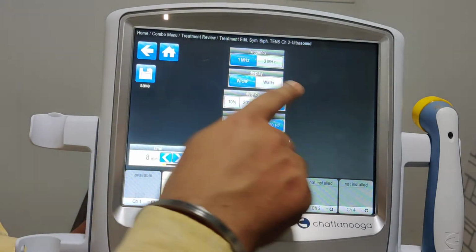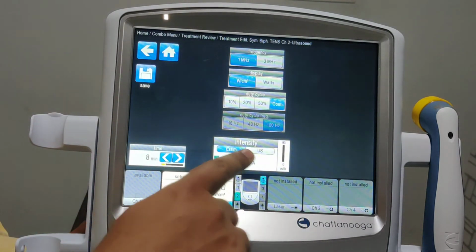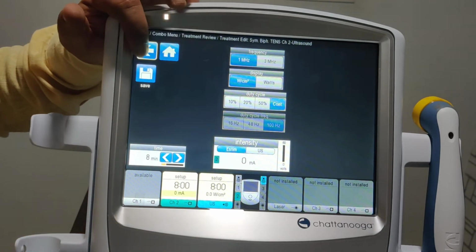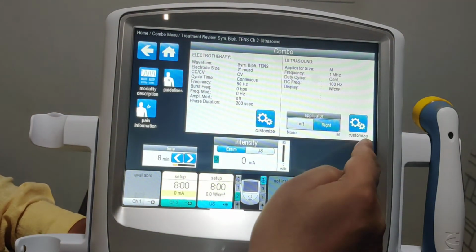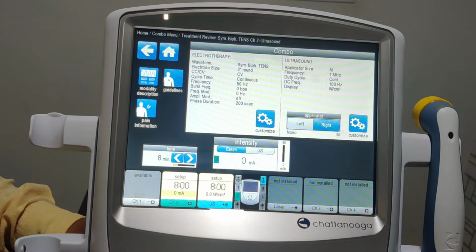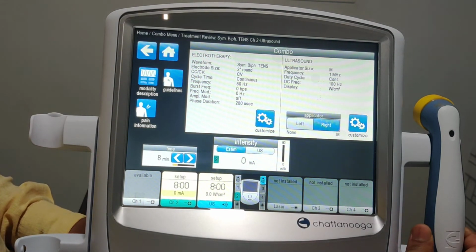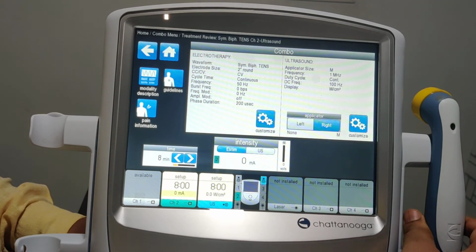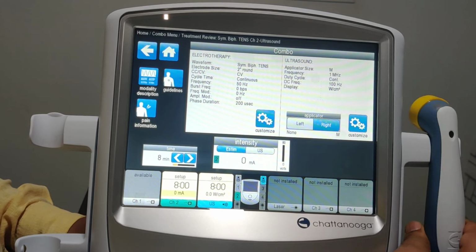We want to set the duty cycle or continuous, or what intensity we want to set, we can set it. Which applicator we want to use, right or left, we have two options. We can go for a single ultrasound applicator with 5 cm applicator, or we can use a 1 centimeter applicator as well